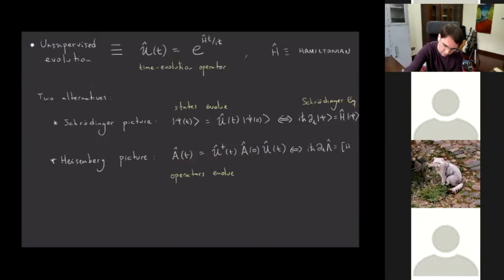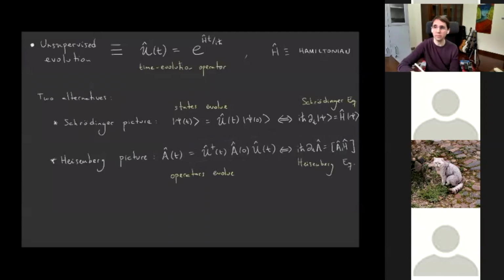Let me move this a bit. Which is known as the Heisenberg equation. Okay,